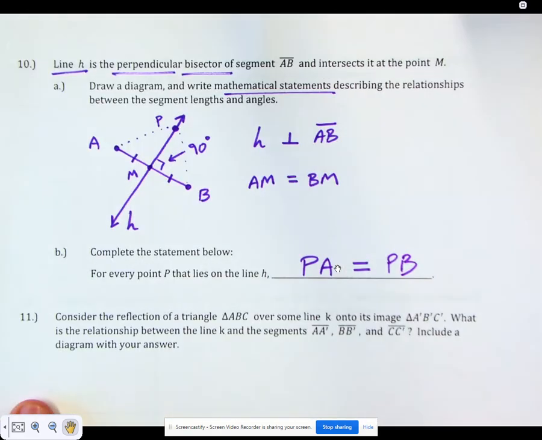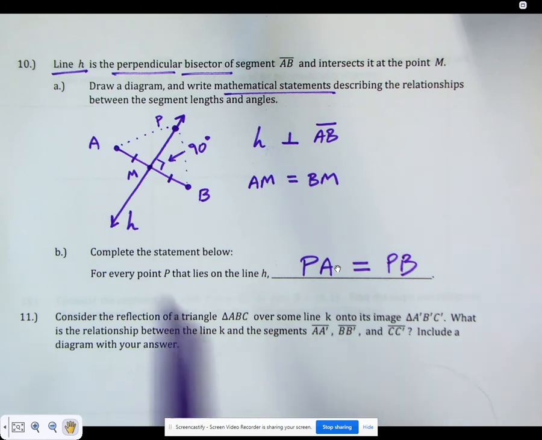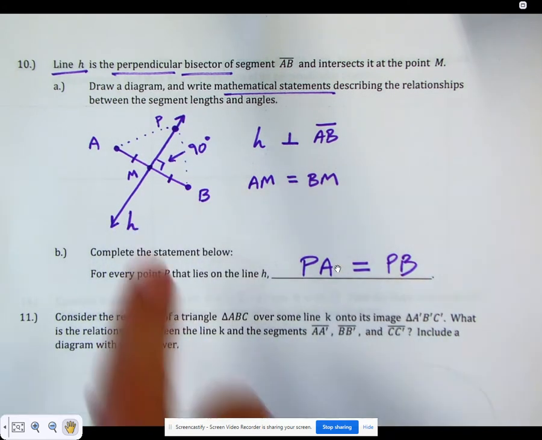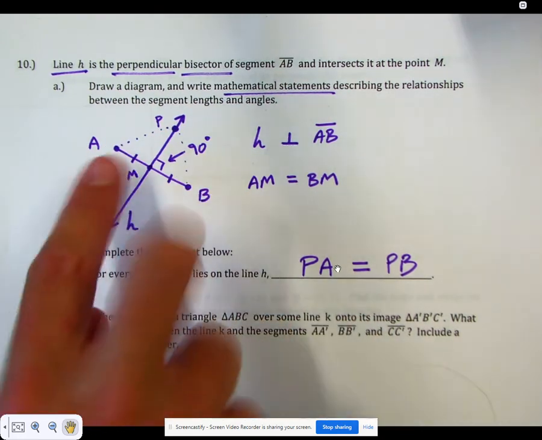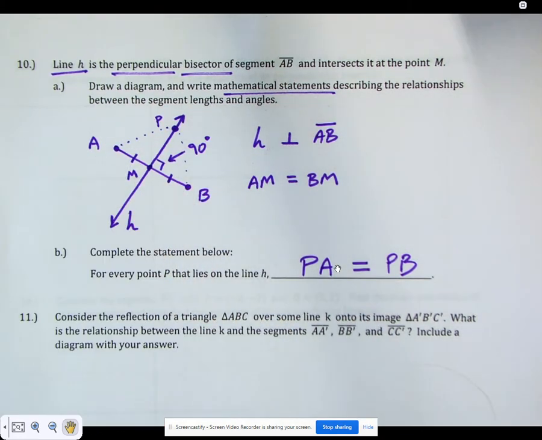I know there's a lot of symbols and stuff there. It could be a little confusing. Really, all we're trying to say is that when you have a perpendicular bisector, every point on that perpendicular bisector is the same distance from the endpoints of your segment. Okay,